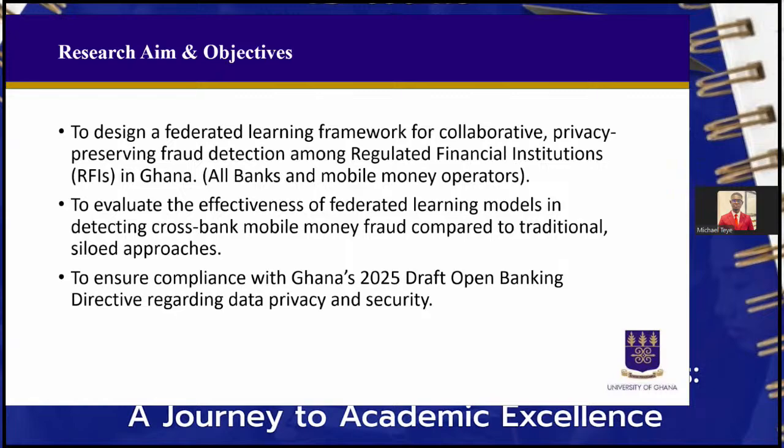To design a federated learning framework for collaborative, privacy-preserving fraud detection among regulated financial institutions in Ghana, which includes all banks, the Universal Bank, the Rural Bank, the APS banks, mobile money operators, the savings and loan companies. And we also aim to evaluate the effectiveness of federated learning models in detecting cross-bank mobile money fraud compared to the traditional siloed approaches. And also aim to ensure compliance with Ghana's 2025 draft open banking directive regarding data privacy